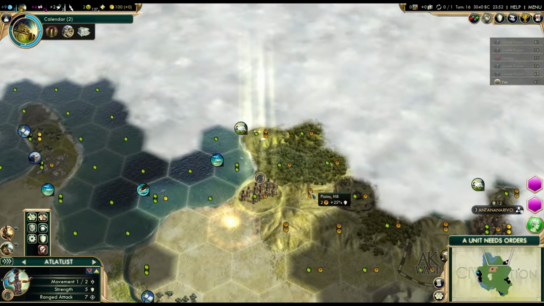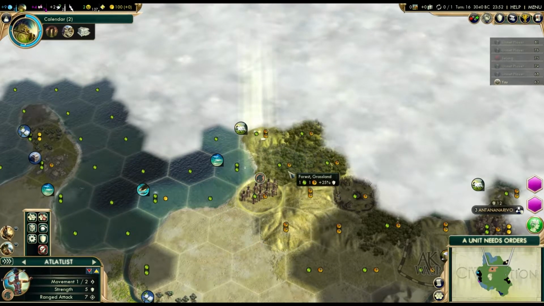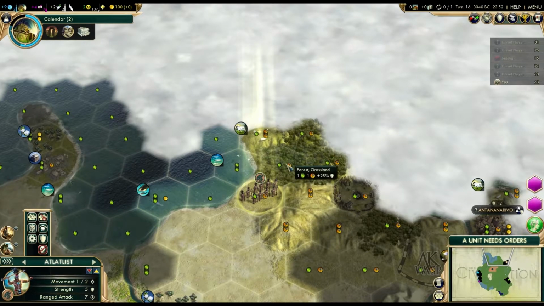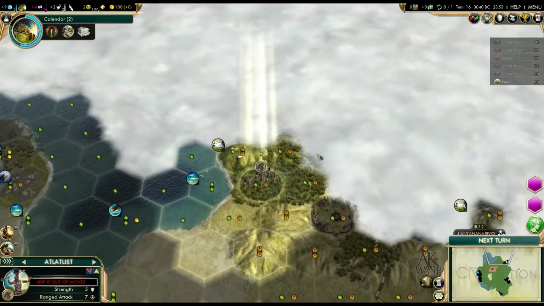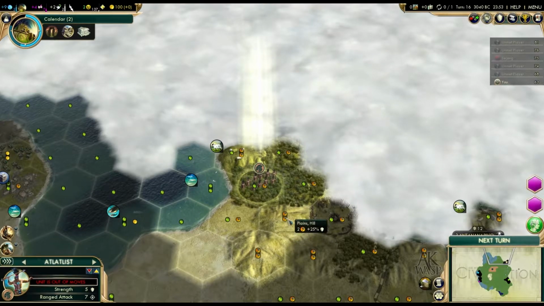Well, what can you do? I don't know what... So, I kind of want to end my turn on this hill to get the extra vision, but I also kind of just want to move straight into the grasslands because otherwise it's going to cost me movement. So I didn't gain any vision, but I don't think I would have gained much vision